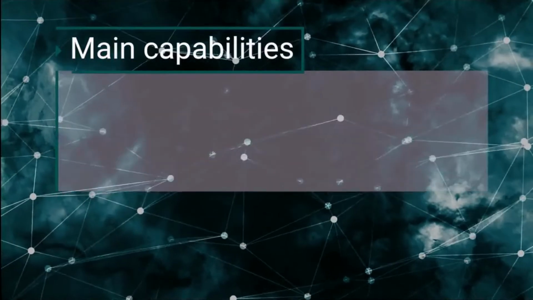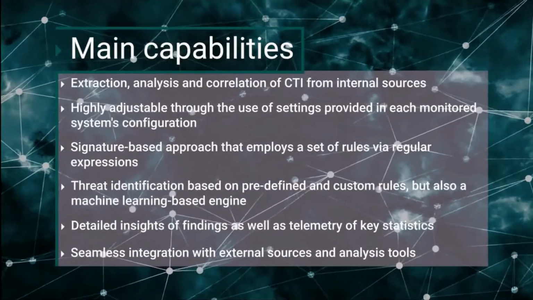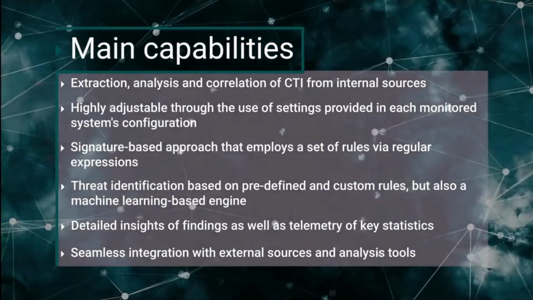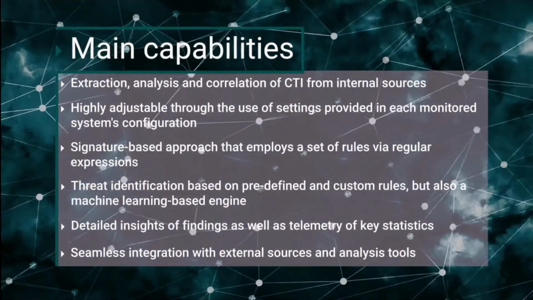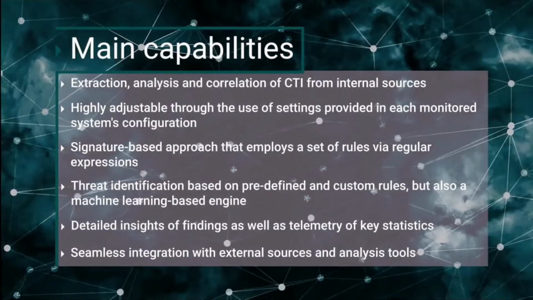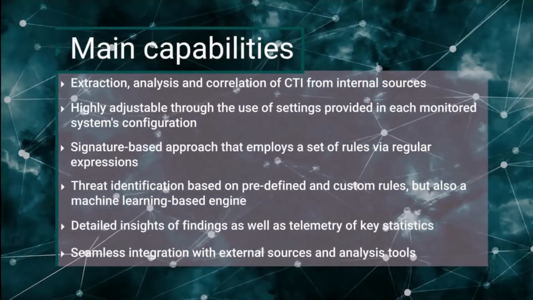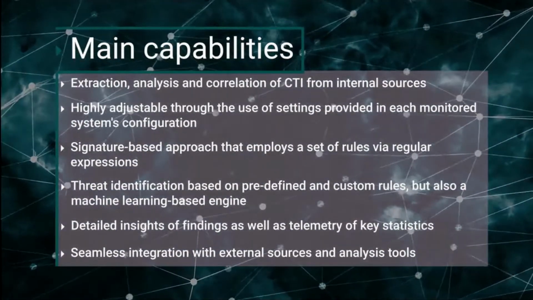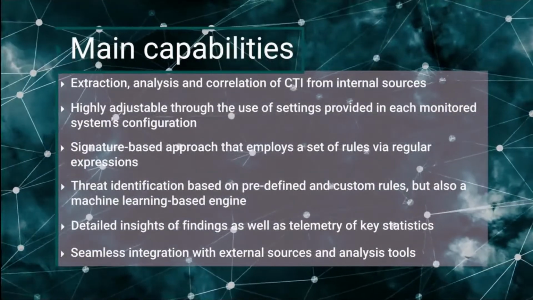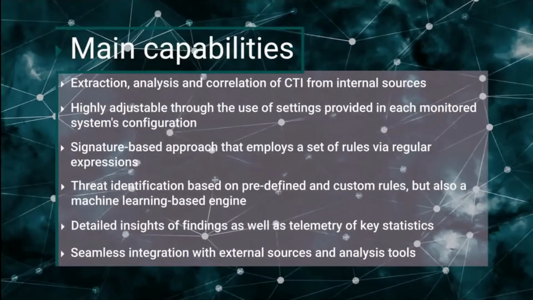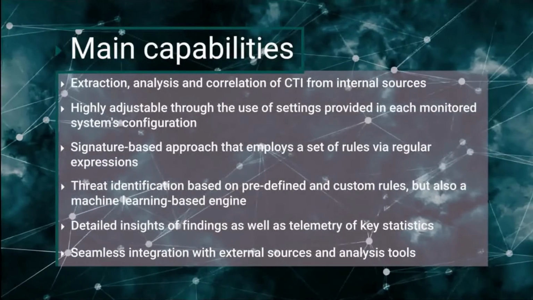The CTI Extractor tool, developed for Work Package 4 of the ECHO project, is a tool that aims at the extraction, analysis, and correlation of CTI from internal sources. Such sources include, but are not limited to, web servers, database servers, but also network and application logs in general. The CTI Extractor tool presents complete contextual and technical details related to the security events that take place in a monitored system. These details include indicators of compromise and background details, as well as tactics, techniques, and procedures used by the cyber adversaries targeting organizations and their subsidiaries.